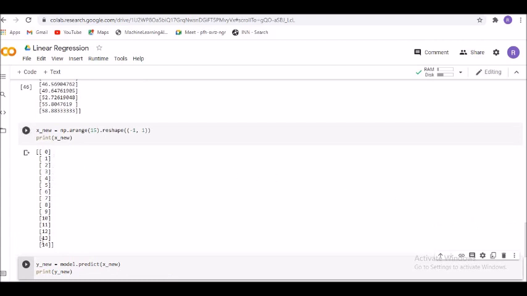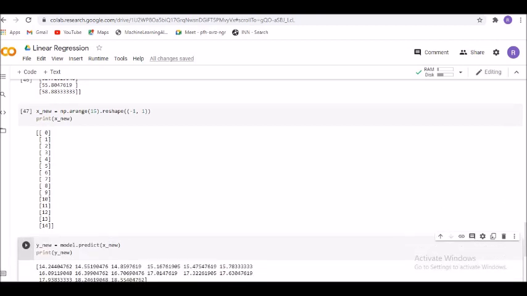In the same manner, y_new is the model prediction that I'm taking care of right now. Model.predict, and inside, rather than just writing x, I'm giving the parameter x_new. What does this mean? When x_new, which is the new input, is given to my model, show me what the prediction for y is. So print y_new, and these are the values you can see coming in front of you. For example, 5.6333, then 6.17, then 6.7133, 7.25333. Similarly, you can see the other values which are available.